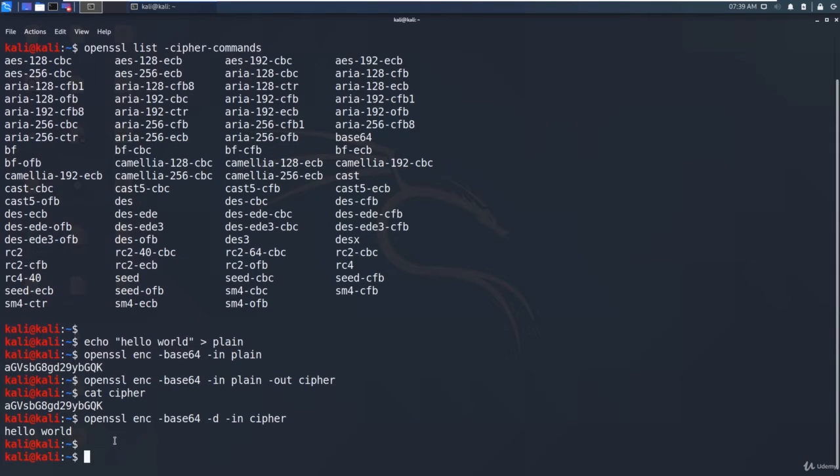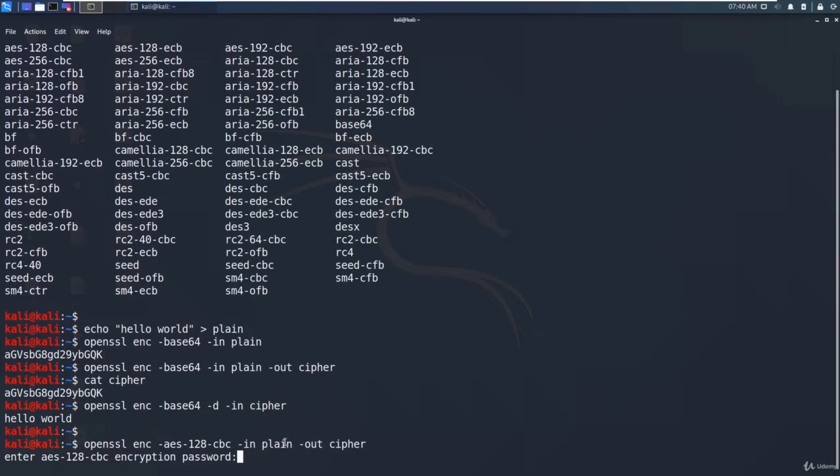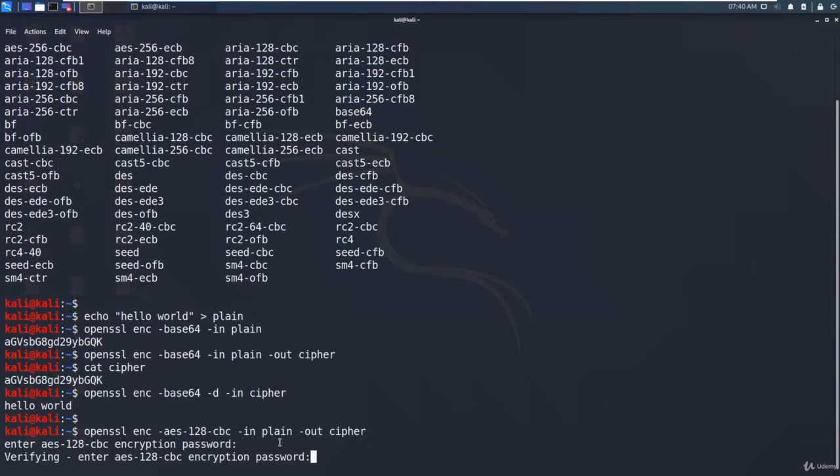Now let's go ahead and try one of these AES algorithms. Let's say AES 128-bit CBC mode. So let me type openssl. So let me paste it in here. So I'm going to use this encryption method AES 128-bit on the plain text that contains hello world. Now it's going to ask for the password. So for this AES we need to give the password, let's say Nikhil, and we need to enter it again.